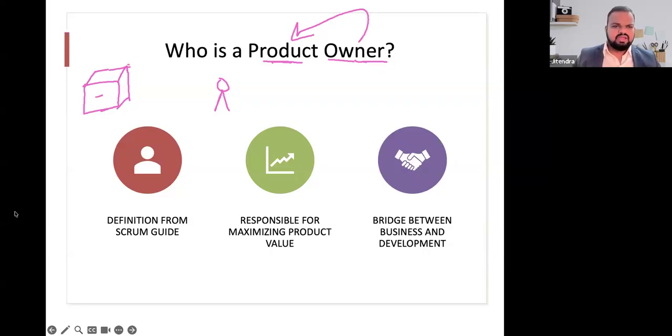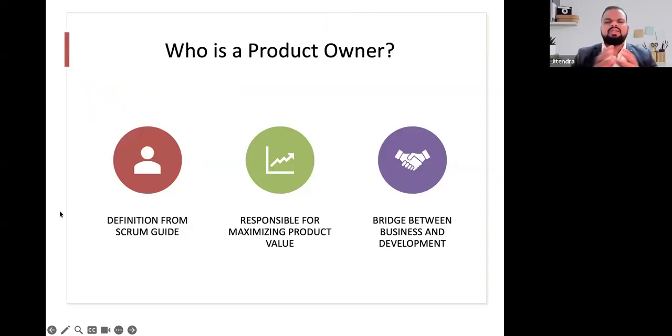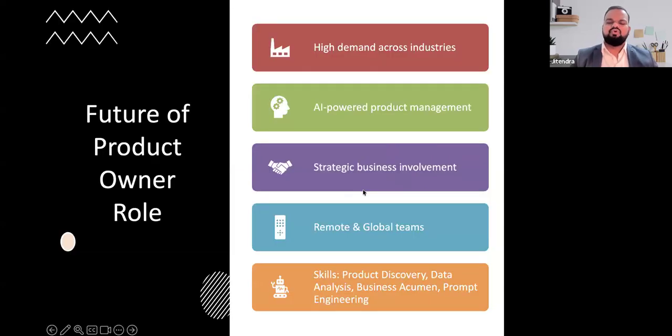In other words, if I talk about what a PO does, again in layman's terms, you can relate it: the PO acts as a bridge between the business and development. What exactly does it mean? The PO represents the business, that yes, this is what my customers and end users are looking for. And developers are the ones who do the job on the ground. So the PO acts as a bridge, making sure the business expectation is raised and we are able to deliver. And for that, whenever developers need any specific clarity on what they need to do, the PO handles it, doing the prioritization, and that's what the PO is going to do.